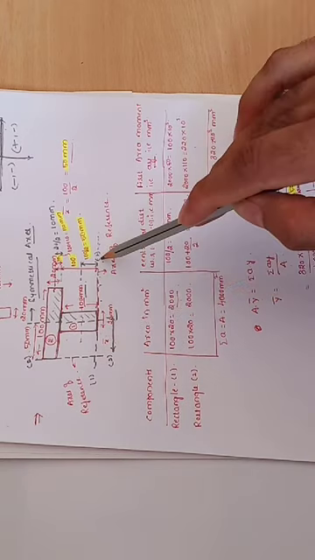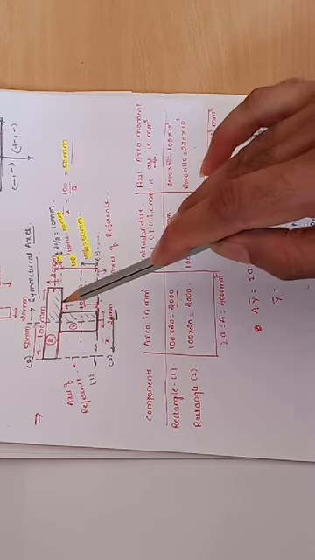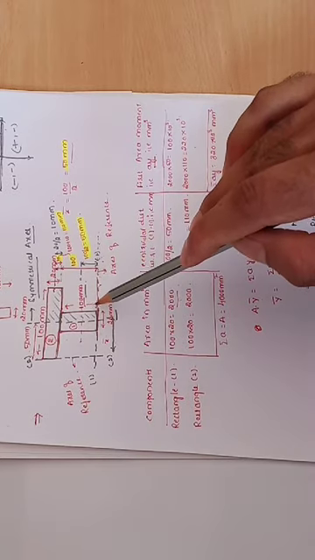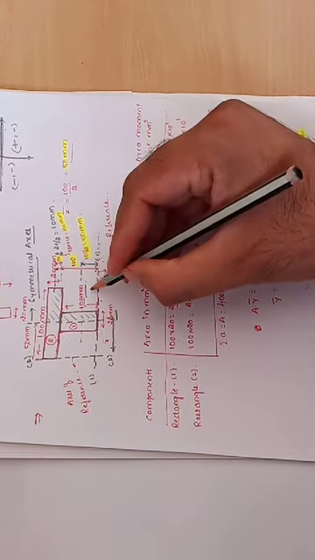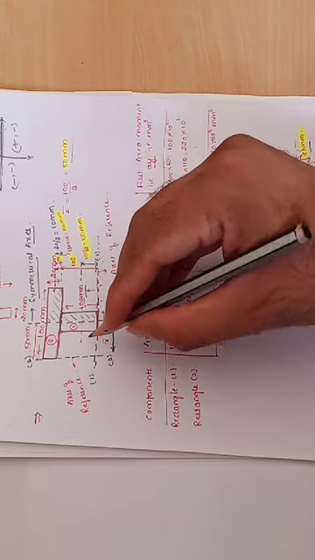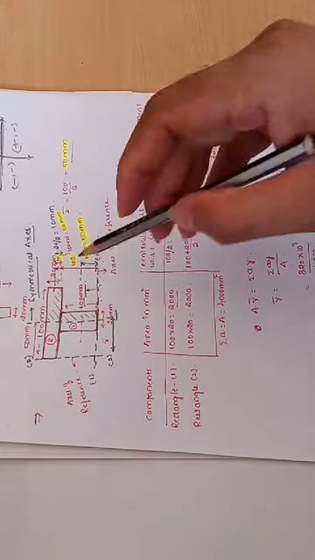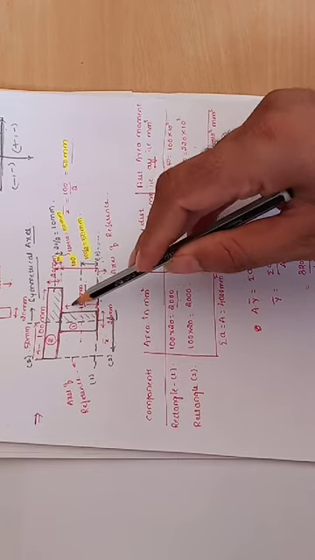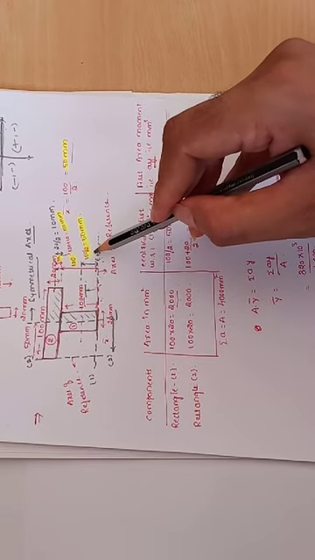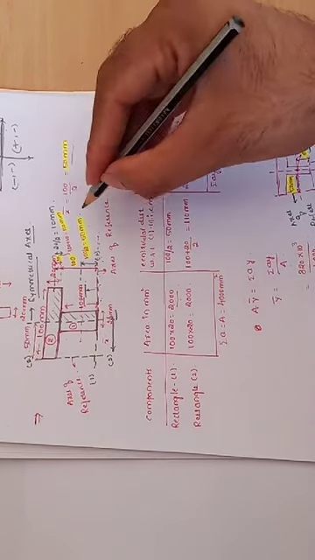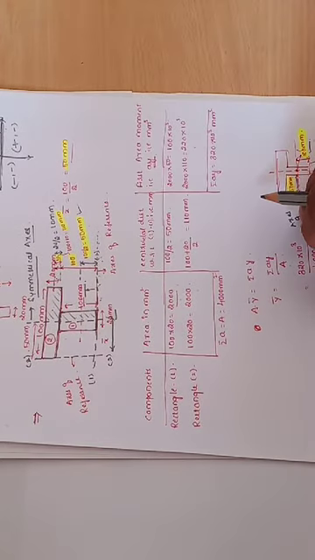And the next one will be the CG distance. Now with reference to this 1 axis, what is the CG point of this first rectangle? Here along this direction I am calculating, because we have already calculated this distance. So this distance will be 100 divided by 2, so that will be 50 mm. So here I have got 50 millimeter.